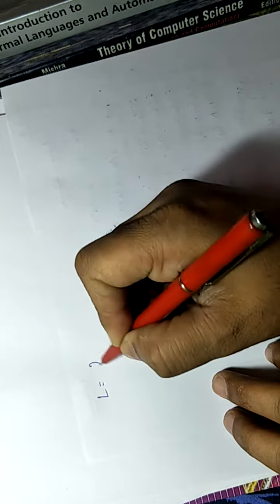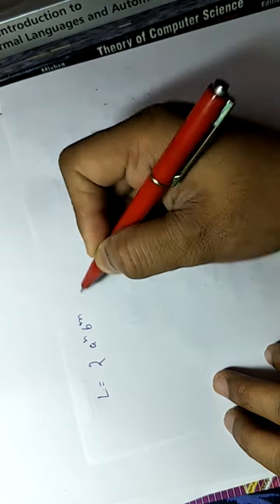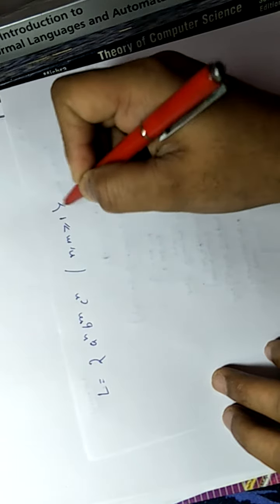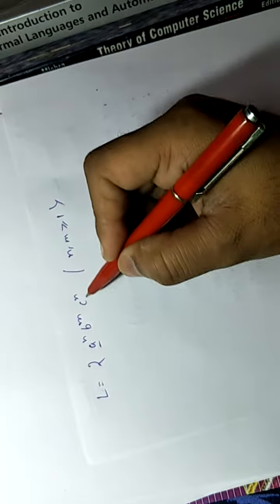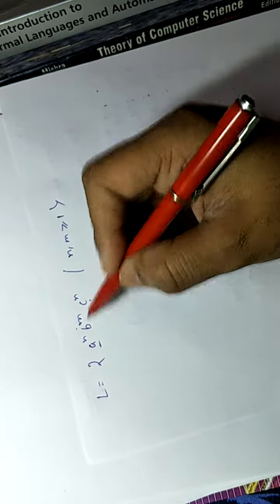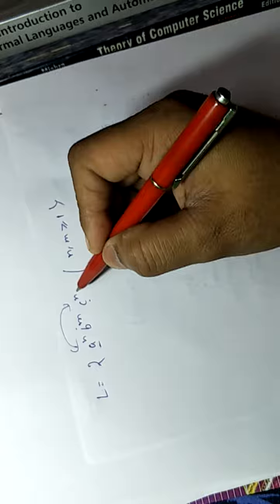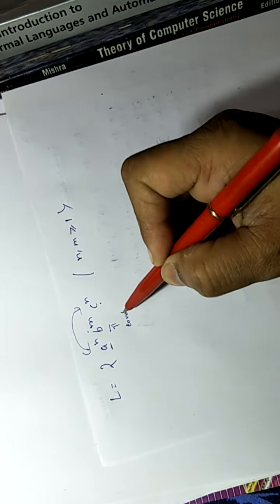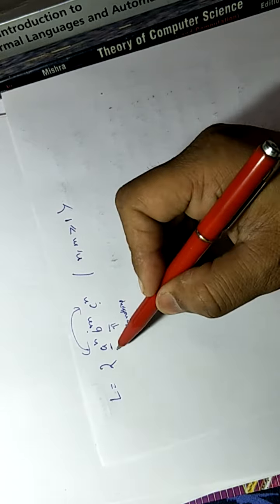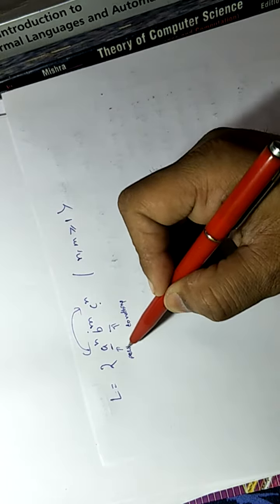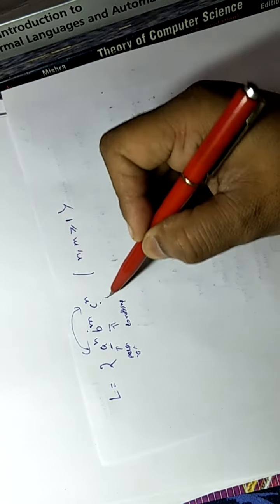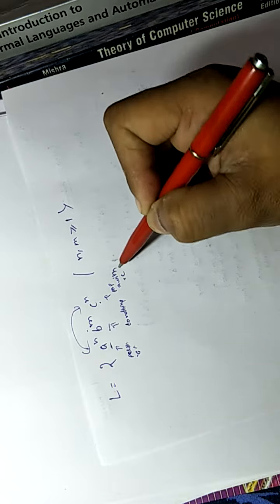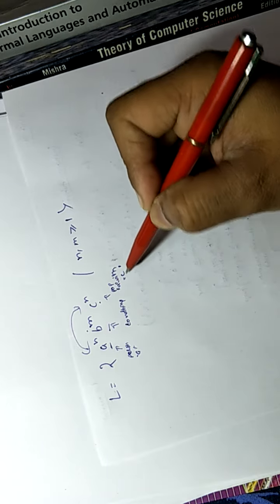Now look at another language, a^n b^m c^n, n, m greater than or equal to 1. Here we will get a, then b, then c, and the count of a should be matched with the count of c. So what do we need to do at b? We need to do nothing. We need not push it on the stack. We have to push a and pop a with c only. We will pop a with each c.